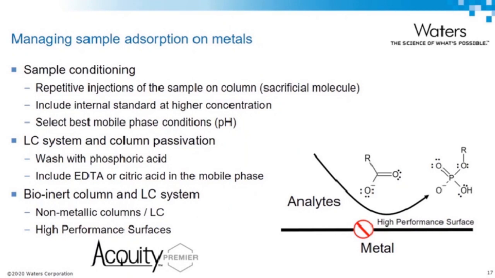That is why we looked at more permanent solution, and there are some solutions on the market. You can use non-metallic columns, you can use PEEK tubing. Unfortunately, this is not the ideal solution. The pressure that you can use with the column is limited, and so on. So we investigated so-called high-performance surfaces. Before I get to it, briefly, we basically modify the metallic surfaces permanently and covalently, so the analytes do not have a possibility for interaction with metal oxides.